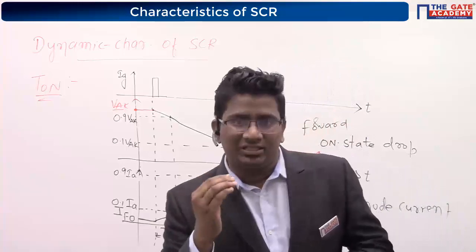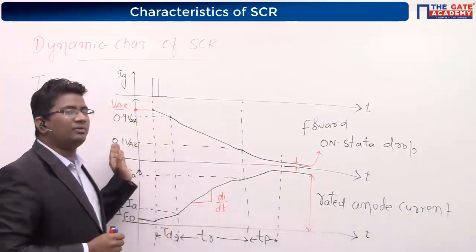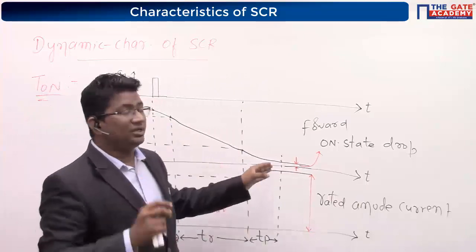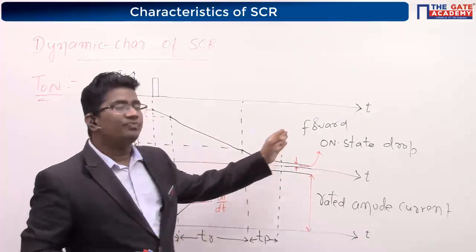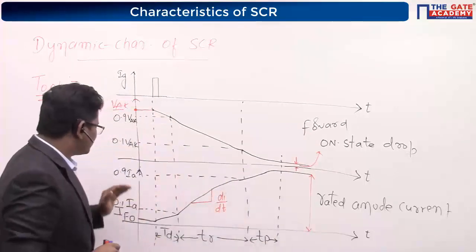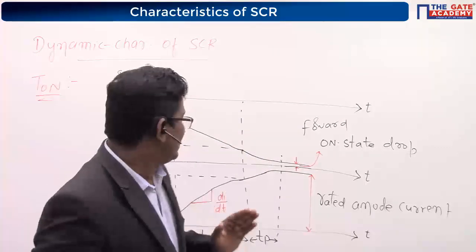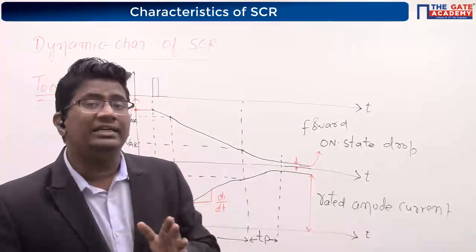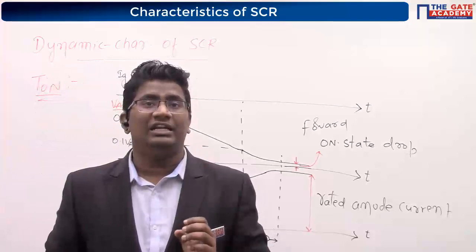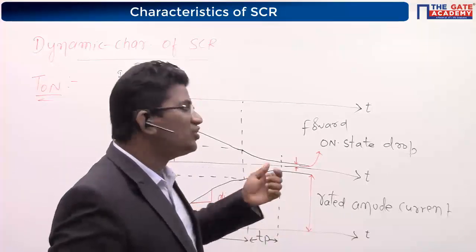Spread time is nothing but the time taken for the anode to cathode voltage to go from 10% to the on state forward voltage drop, as well as the time taken for 90% of its rated current to full load current. That particular duration is called